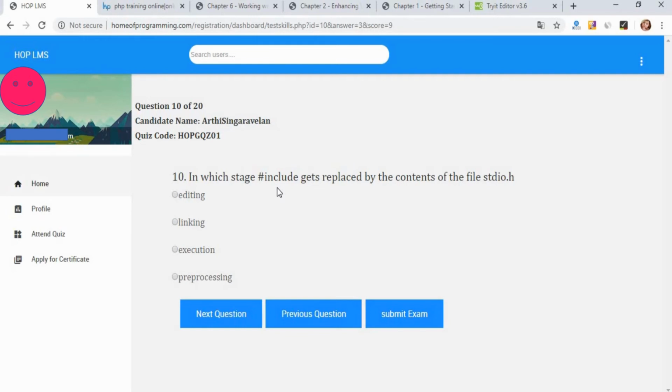So what will happen in the pre-processing phase? The lines starting with the directive # will be interpreted by your C preprocessor as preprocessor commands, and the compiler will replace them with the content of your stdio.h. The second phase is compilation, in which your language is converted into assembly language. The third phase is assembly.